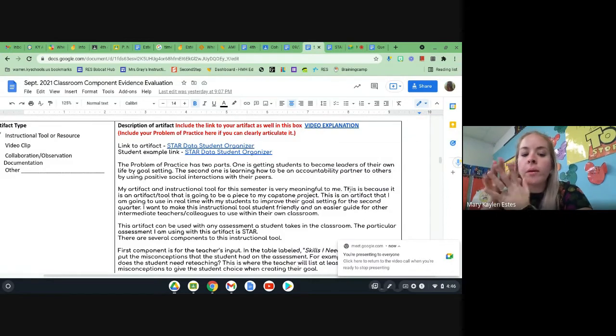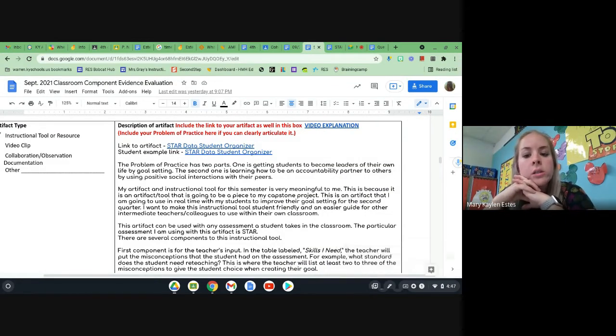My problem of practice has 2 parts. One is getting students to become leaders of their own life by goal setting. The second one is learning how to be an accountability partner to others by using positive social interaction with their peers. So I really have goal setting and social emotional learning of perseverance, teaching kids not to give up and to set goals and all the components of what they need to do to